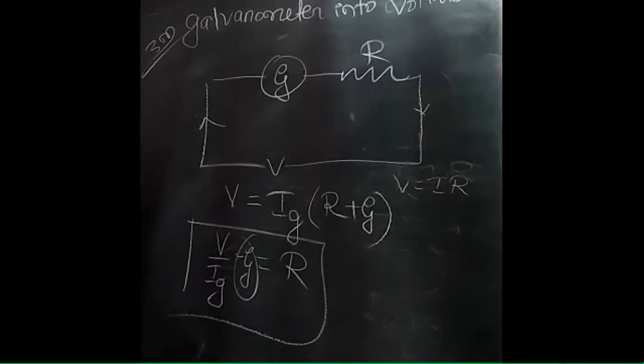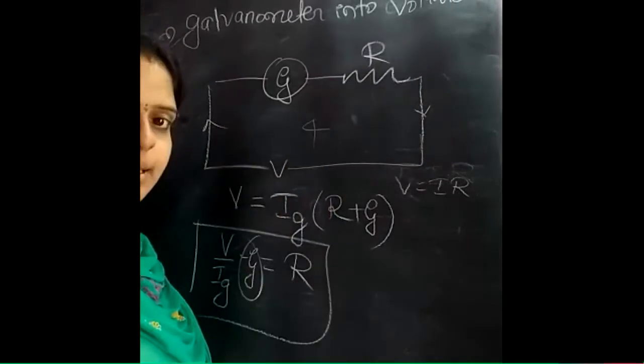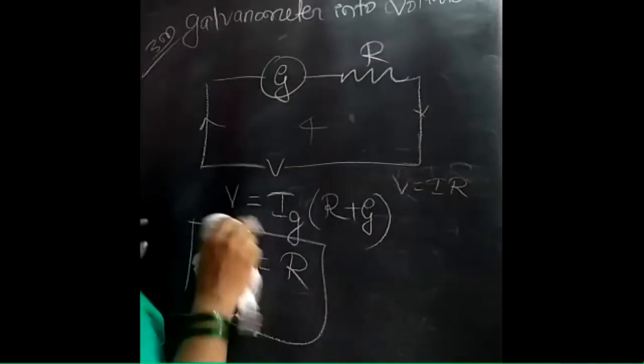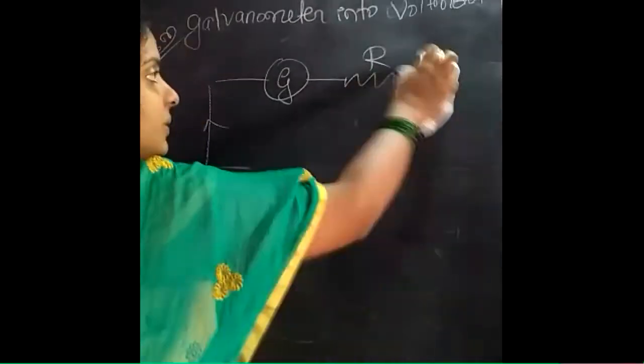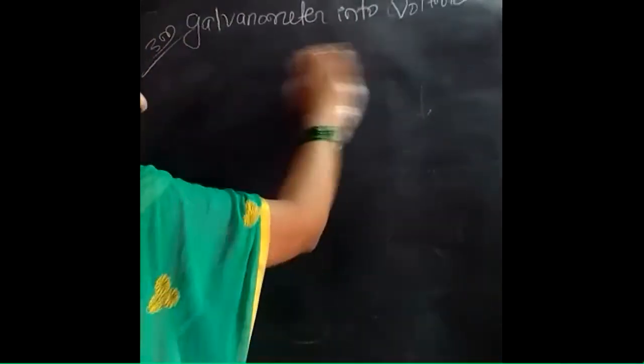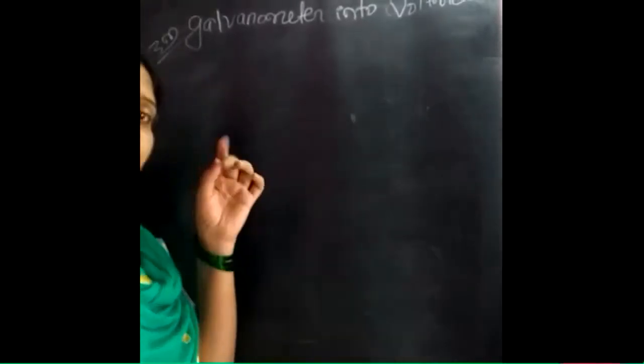So this completes, I think, the 8th topic in your NCERT textbook. This is the 4th topic, that is moving charges and magnetism. It is the 4th topic, but whatever topics are completed for you, you consider that this will be the 8th topic. See, already 7 are over, so this will be the 8th topic for you, right?